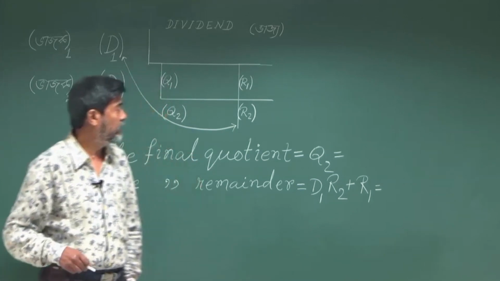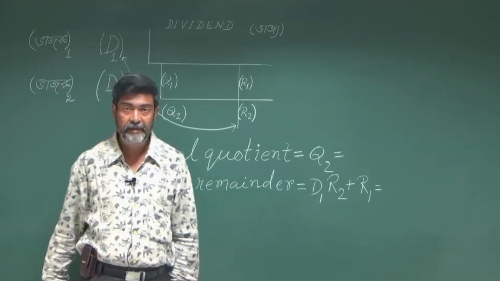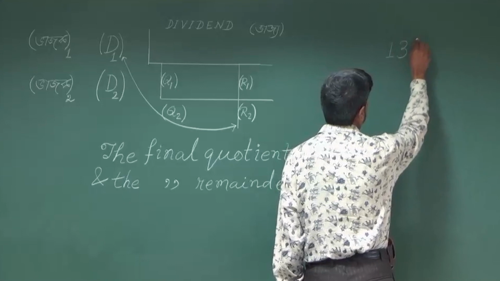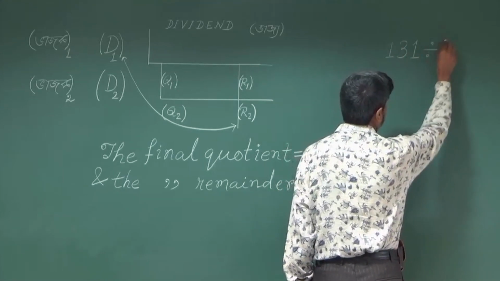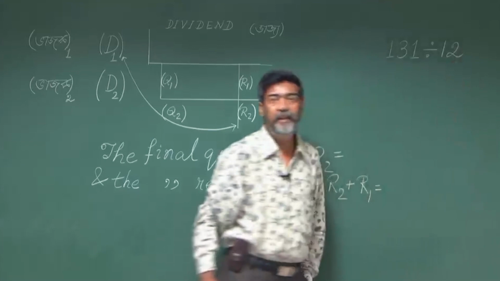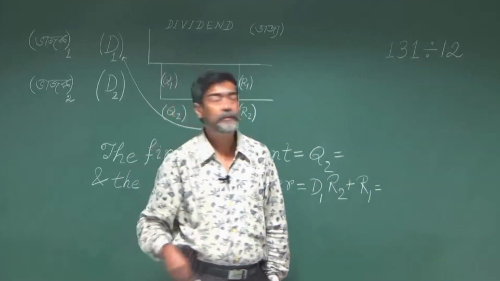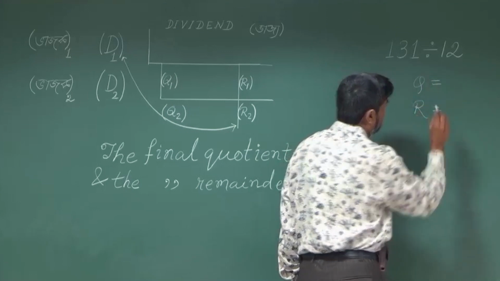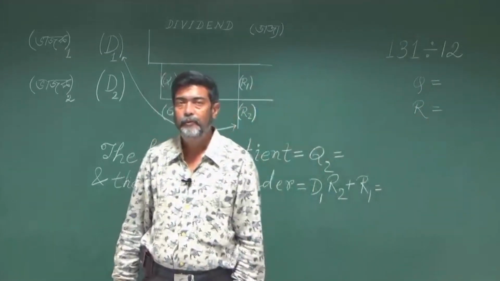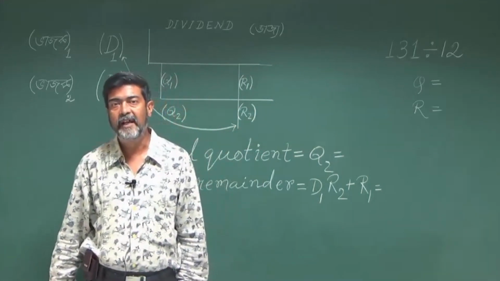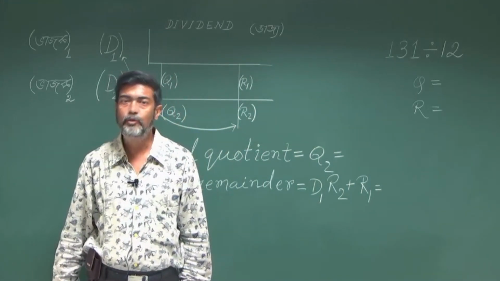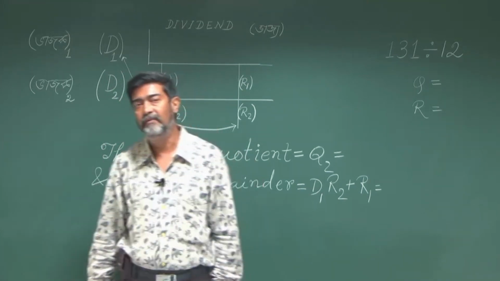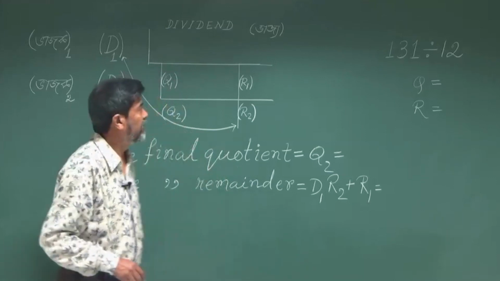Suppose we are asked to divide 131 by 12, and we have to find the quotient and the remainder. But if we are not comfortable with the timetable of 12, then it would be difficult for us to divide 131 directly by 12. Now, let us factorize 12